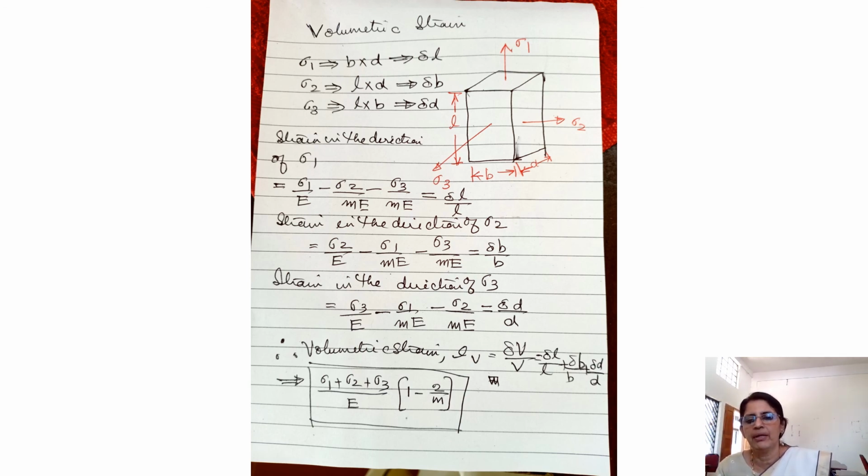So this is a general expression for finding out the volumetric strain for a rectangular bar. This expression can always be used for a 3-dimensional stress system: if sigma 1 only is there, just put sigma 2 and sigma 3 as 0. If sigma 1 and sigma 2 are there, put sigma 3 equal to 0. This expression is derived assuming that all the 3 stresses are tensile. If any one is compressive, just put a negative sign. That's all the difference. So please keep in mind this equation, which can be applied anywhere. It is universal, a general expression for finding out the volumetric strain for a rectangular bar.